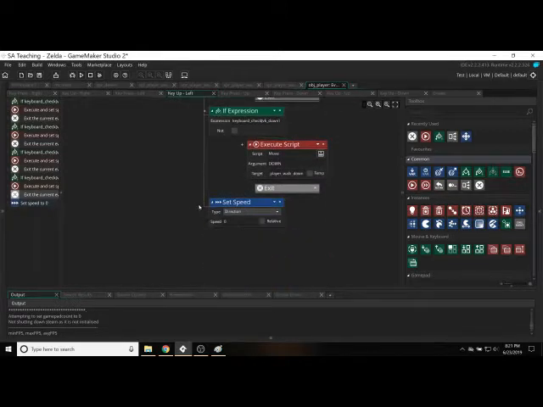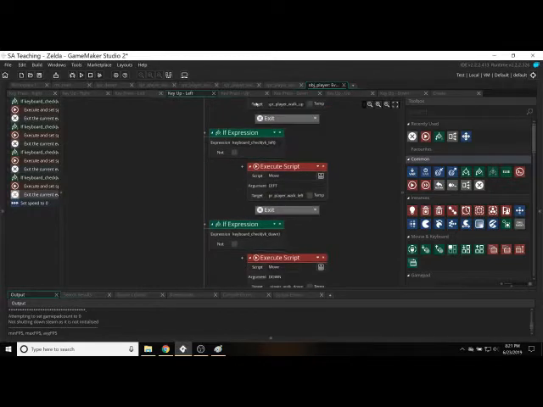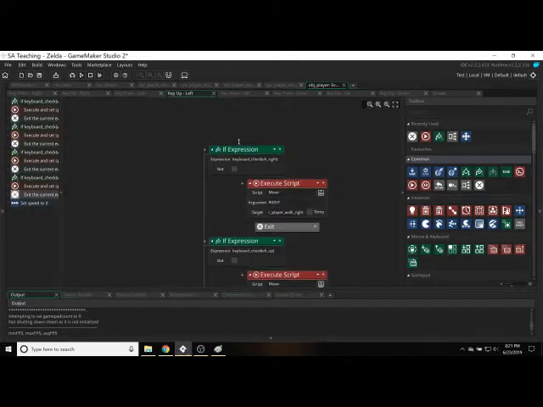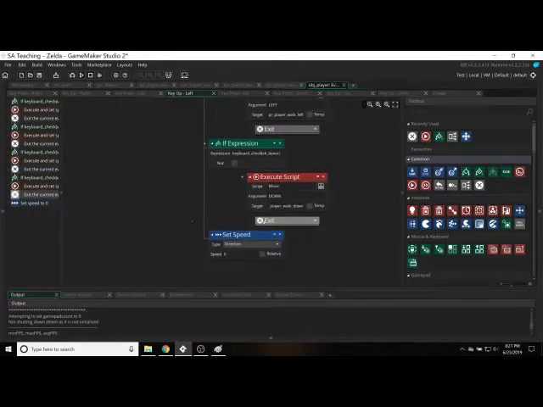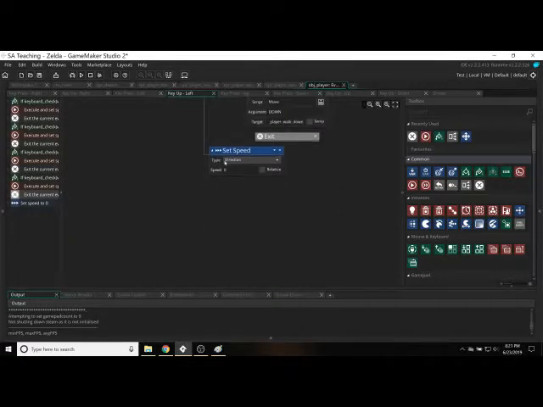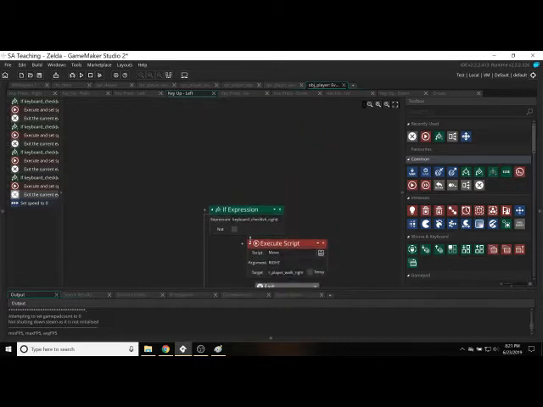So if any key is pressed, we're not going to reach this. We're not going to set the speed to 0. But if none of them are reached, if none of these conditions evaluate to true, and none of these exits happen, then and only then we'll set the speed to 0. Okay, so now